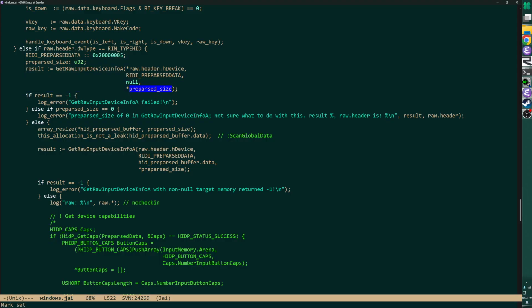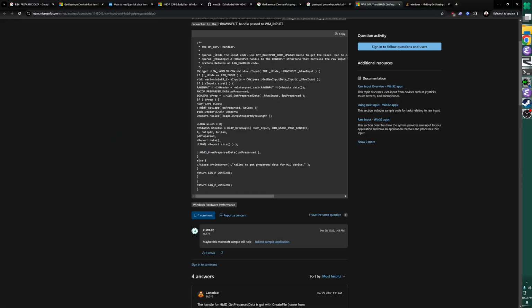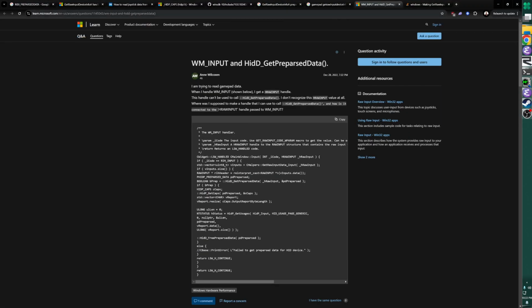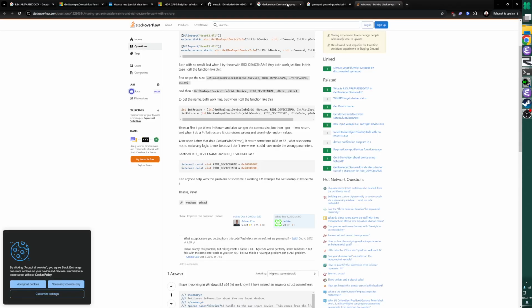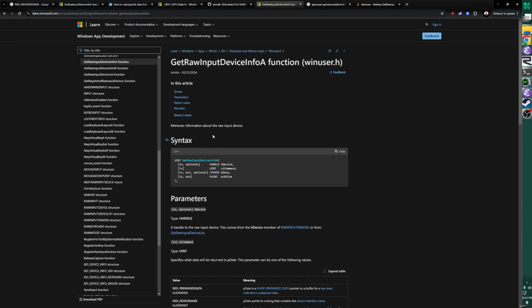Then you get that much memory, you call it again with the same size and the new data pointer, and it's guaranteed to give you the data. That is how WinAPI has worked for decades. It's how all the memory allocating things work. We could double, triple check it, but I'm telling you,